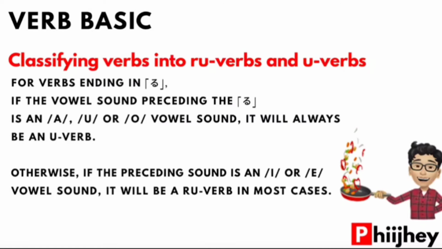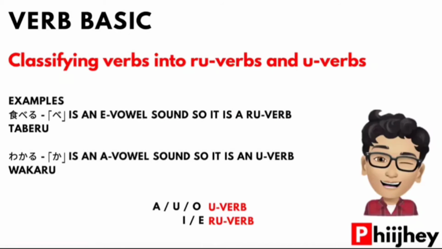For verbs ending in ru, if the vowel sound before ru is an a, u, or o vowel sound, it will always be a u-verb. Otherwise, if the preceding sound is an e or i vowel sound, it will be a ru-verb in most cases. For example,